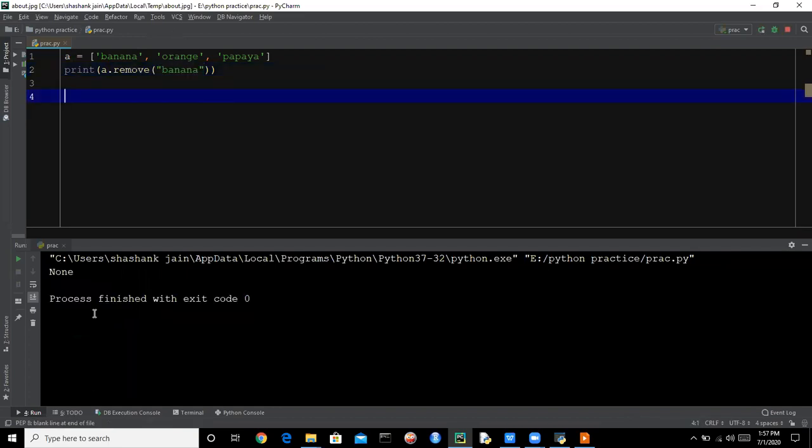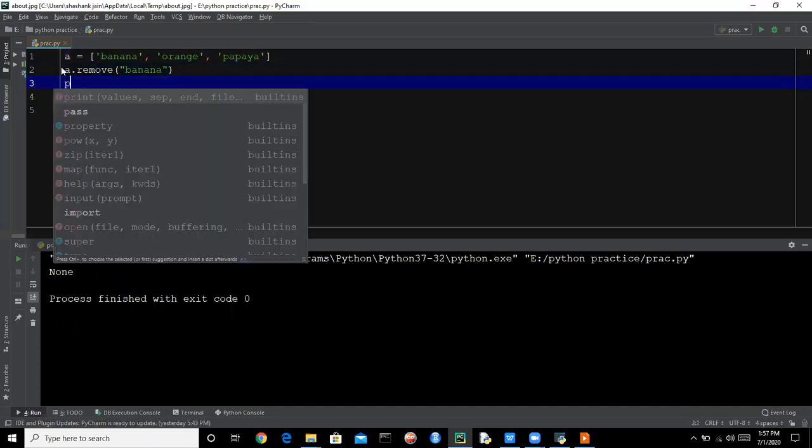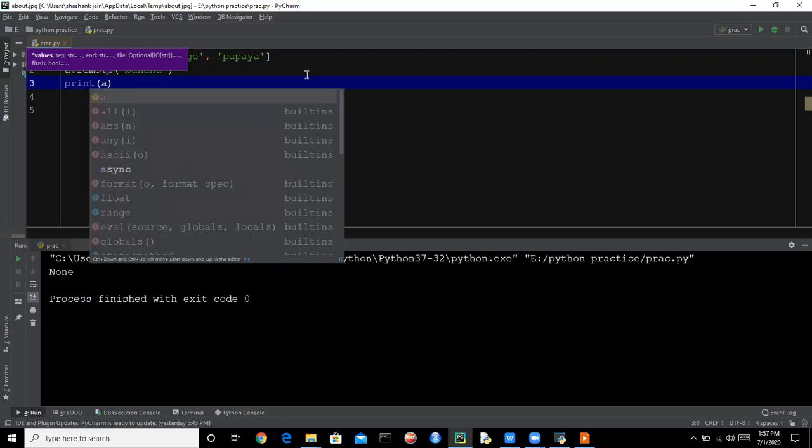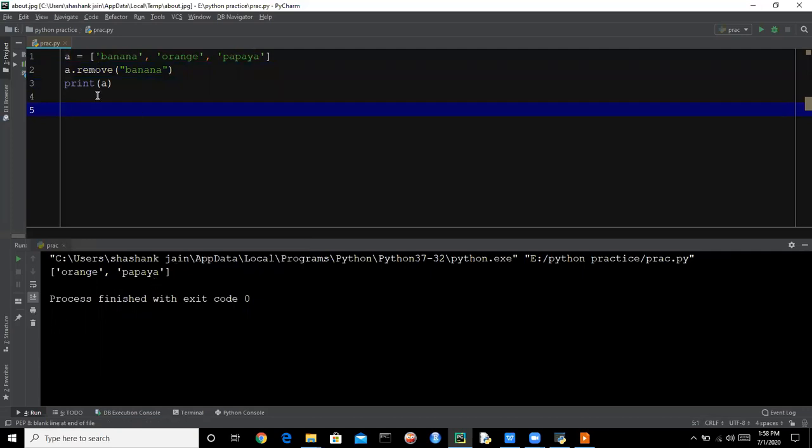We are printing the function and it does not return anything. It just removes the string from the list, and now we are printing a, and we can see that orange and papaya is printed.